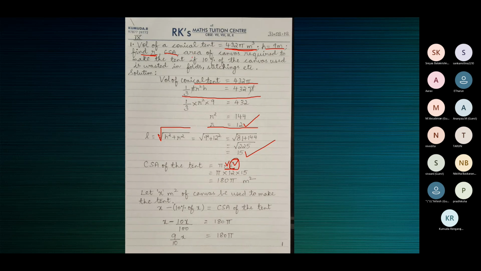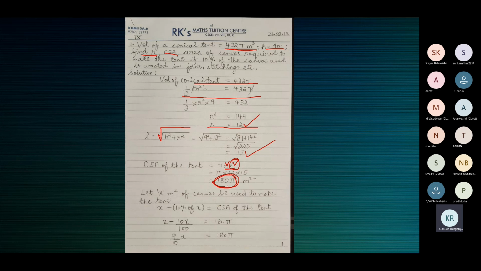Further, we should find the area of the canvas required to make the tent. If 10% of the canvas used is wasted in folds, stitchings, etc. See, this is only the CSA of the tent. If this is the curved surface area of the tent, if you lose 10% of this one,